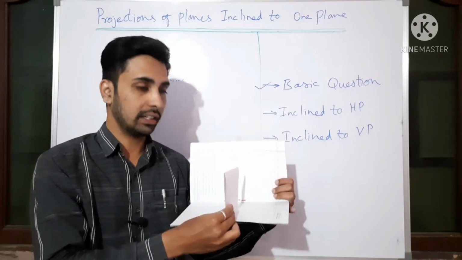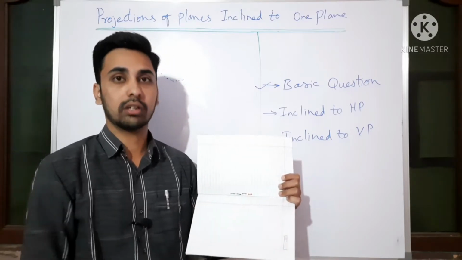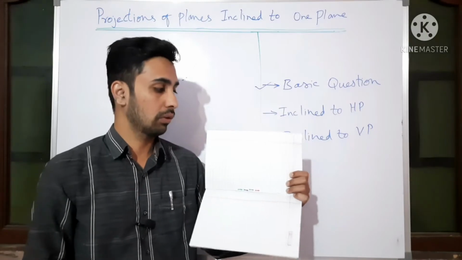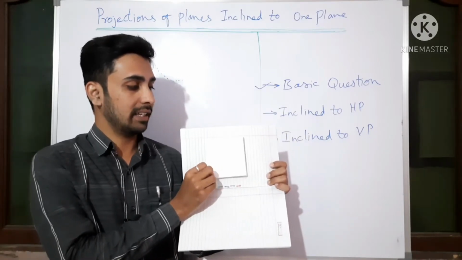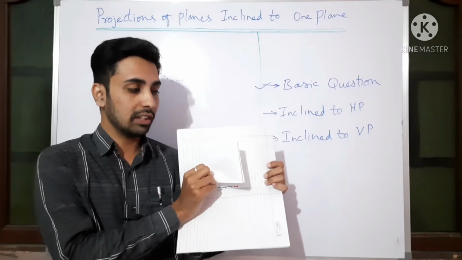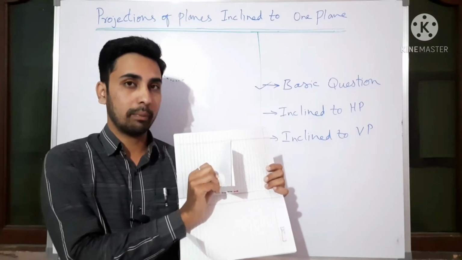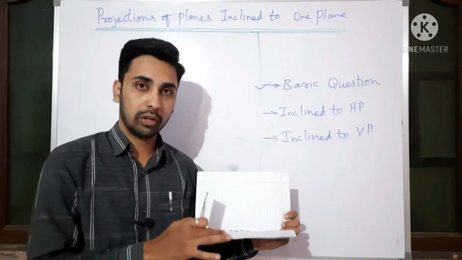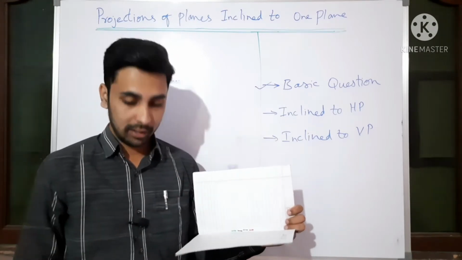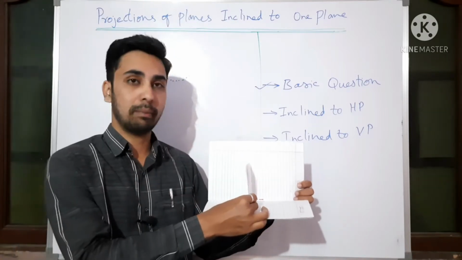Similarly, in another case, not talking about HP, with respect to VP I will talk now. With respect to VP, it is parallel. With respect to VP, it is inclined. Now further, if you increase the inclination, this is perpendicular to VP. So now if we combine both, perpendicular to HP as well as perpendicular to VP, the plane will be like this, a 2D plane in this way.